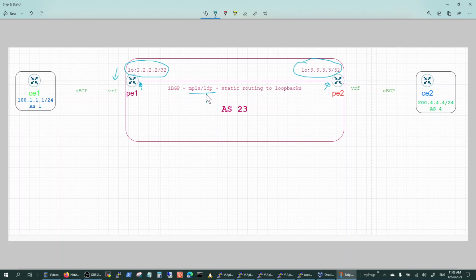They're going to use the LDP protocol to exchange MPLS labels for each route that they learn in a specific VRF. And again, they're going to do iBGP peering between each other. In this setup, I'm using static routes to make sure that PE1 is able to reach this guy, and PE2 is able to reach this guy. Just a simple static route. You can use OSPF if you want,